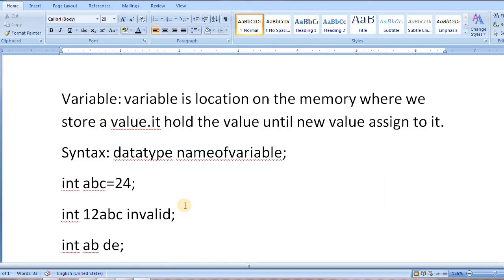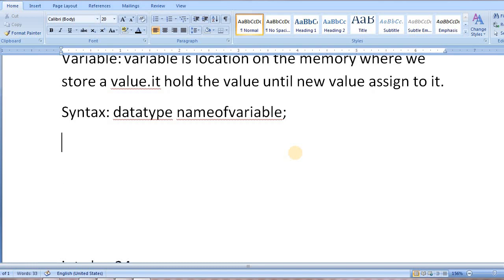So in the case of the variable, how to declare the variable and how to assign values to the variable, a few rules are there. In the English language, or in any language, while we write any sentence, we follow some grammar rules. Like in English, you write a sentence like Ram is going to school.